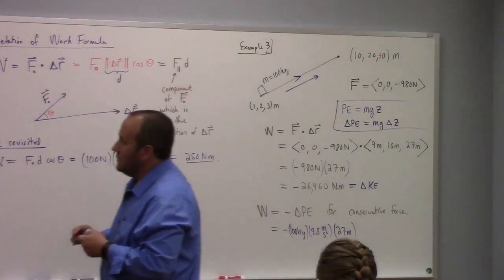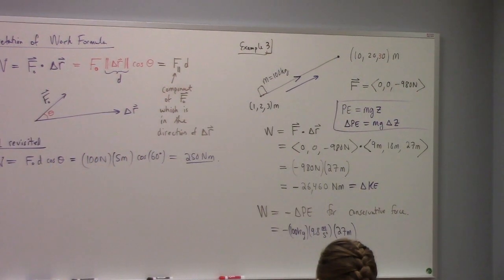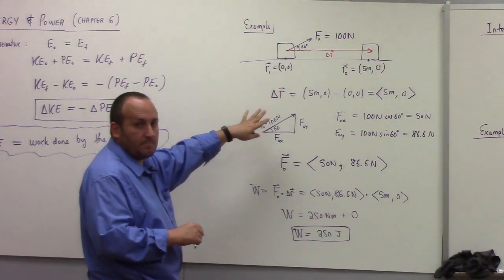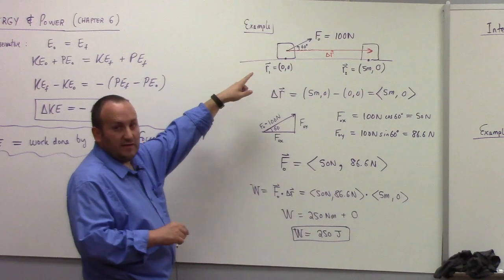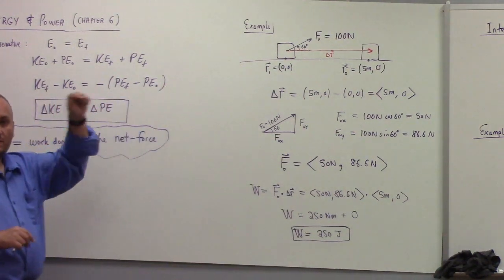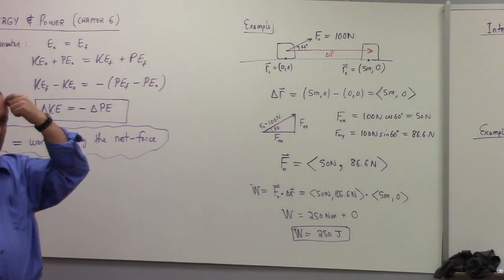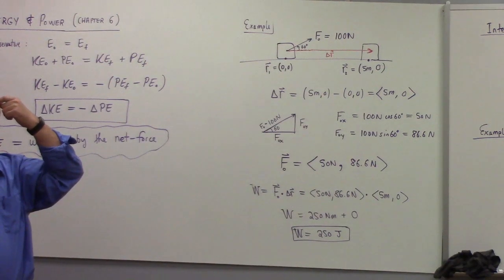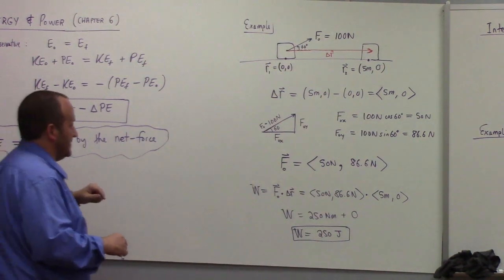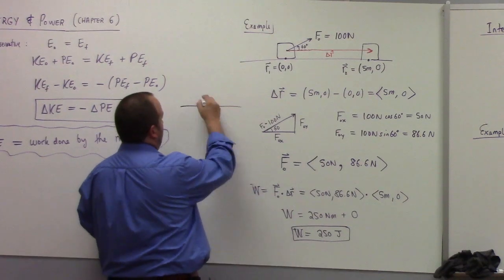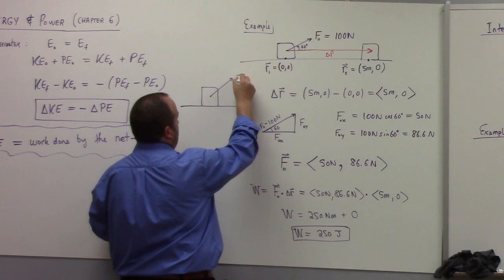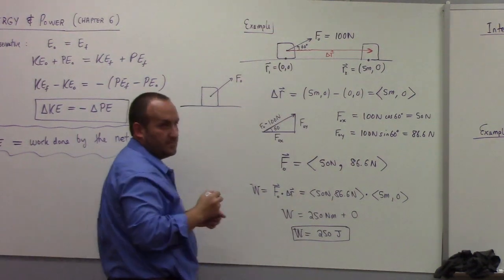We can go back to my first example, and with the work energy theorem, we can figure out what, if we know the work done by the force, if that's the net force, right? If that's the net force acting on the box, is that true? What other forces are acting? What is F net for this box, to be careful? Let's think about it for a second. Let's make sure I'm not just selling you a bill of goods here. This is F naught. What are the other forces involved?